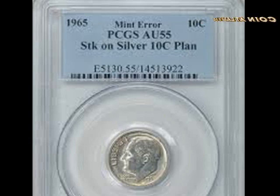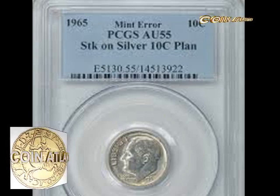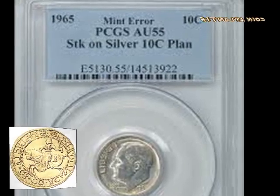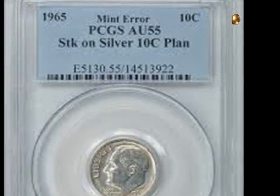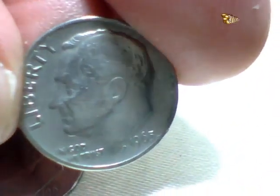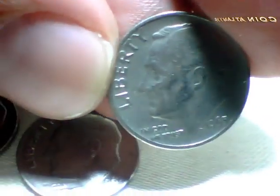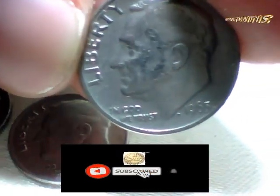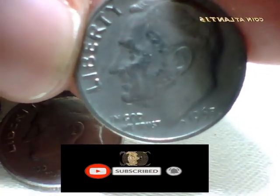Estimates are that several hundred 1965 silver Roosevelt dimes are out there waiting to be discovered. Before you get too excited, understand that the 1965 silver dimes are extremely difficult to come by, not only because only a few hundred were probably made, but also because so many run-of-the-mill 1965 non-silver dimes were made, more than 1.6 billion of them. But more of the valuable 1965 silver dimes are almost certainly out there in the wild,